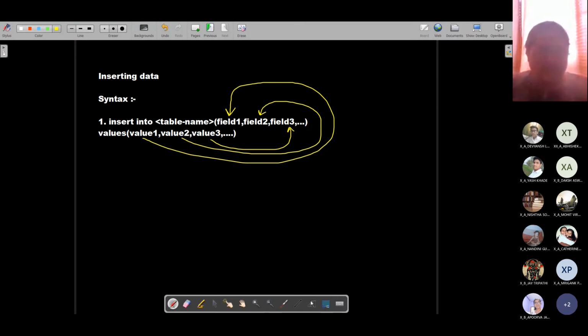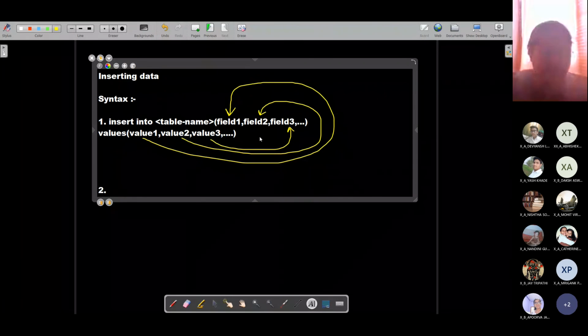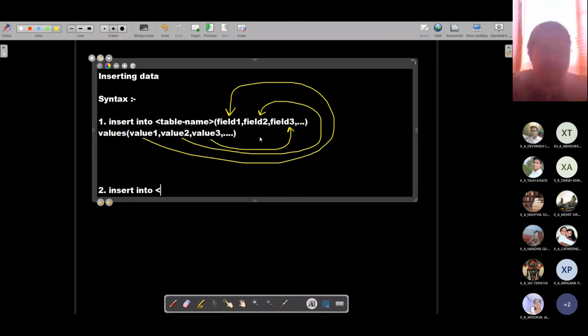So this is the first way, and the second way and the most common way is insert into table name, values, and value list. That is any value you can give.